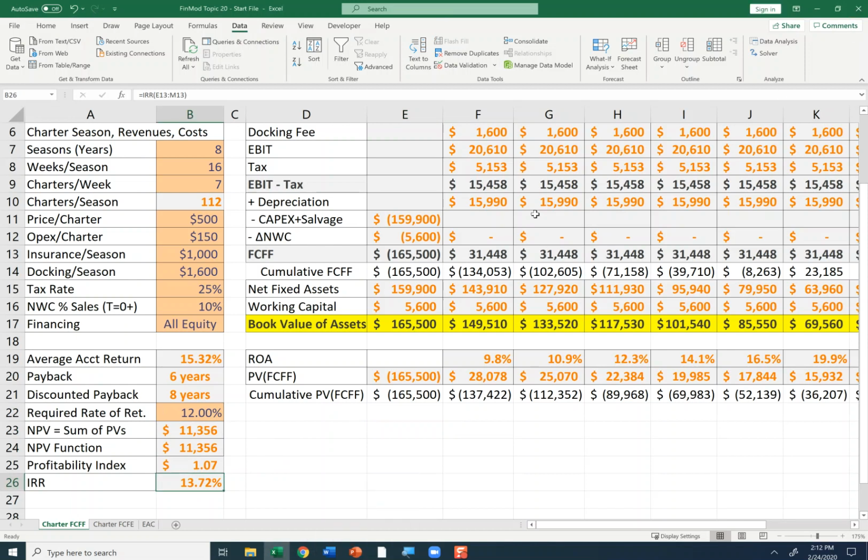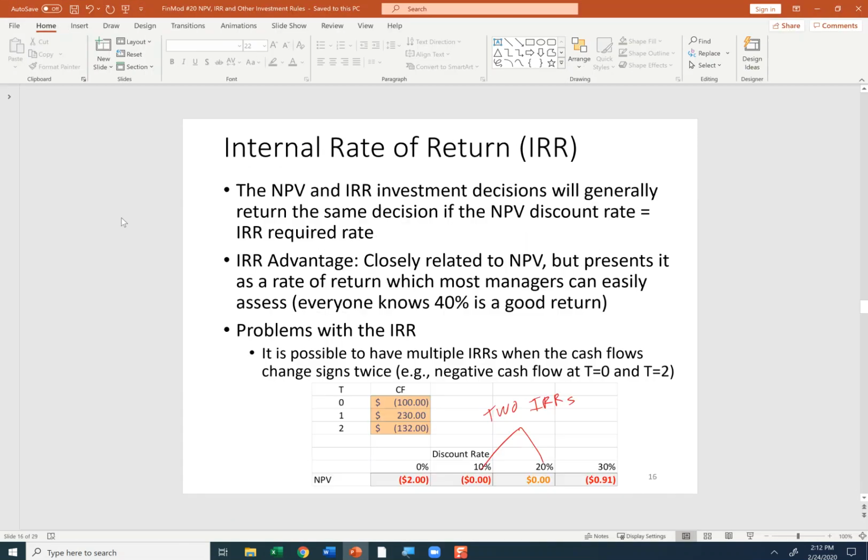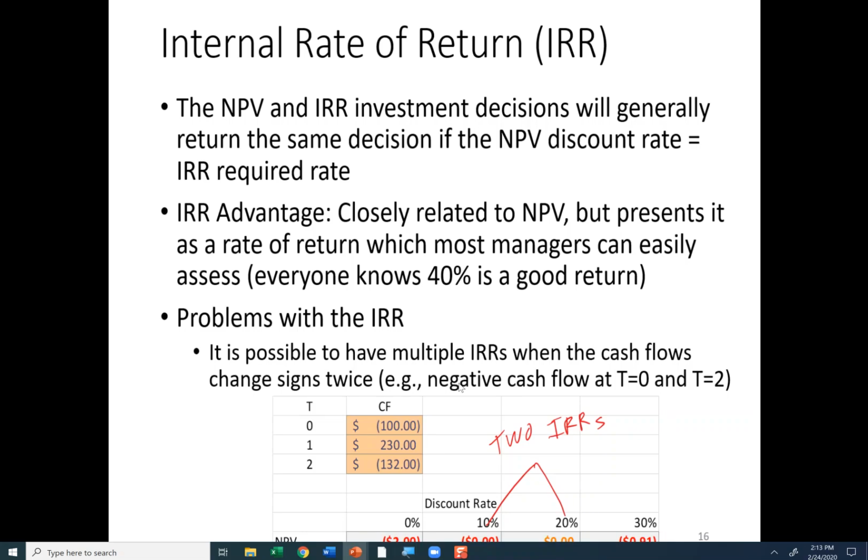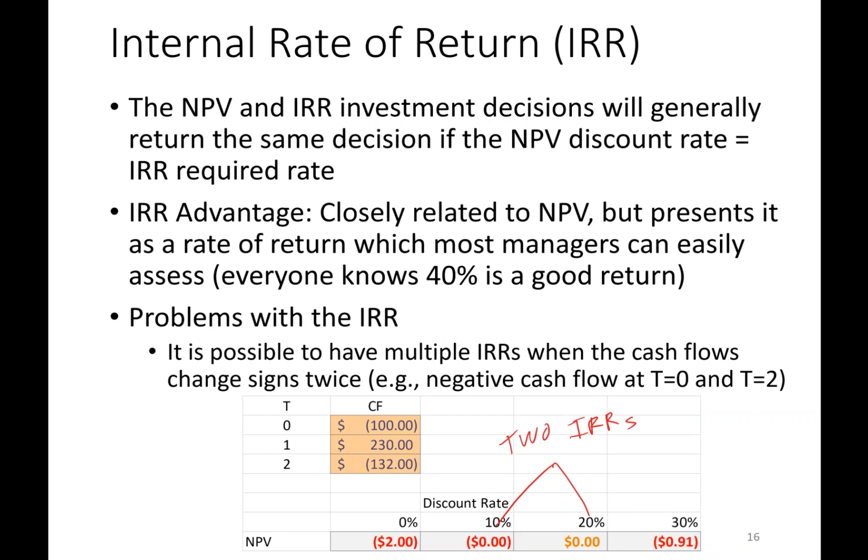So in this topic, we calculated all the major measures: NPV, IRR, profitability index, payback, discounted payback, average accounting return. A couple things I want to mention before we move on to the next topic is this. One, when we talk about the IRR and NPV as the main two measures, the question is which measure should you use? Well, in general, they give you the same answer, just like we looked at in our example for our boat. However, there are situations where you get different answers, and that happens when the signs of cash flows